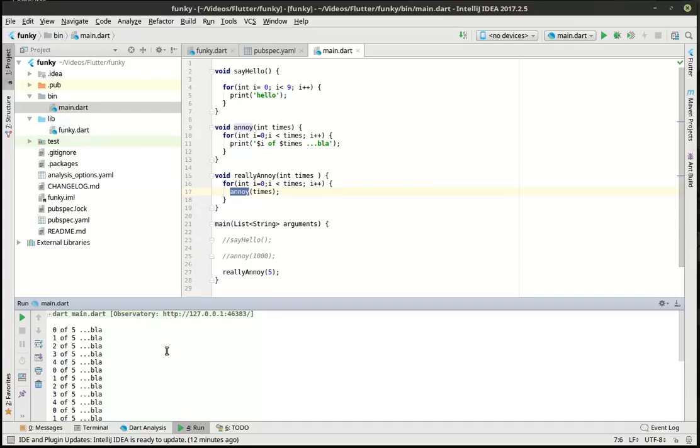You have to be kind of careful when you're writing functions, because, and some people are going to argue this isn't really the case, you have a bit of encapsulation. And what this does is gets a little confusing if you're not used to scope. For example, in really annoy, we have int times, and times is here and times is here. However, this times right here, while it's the same value, is probably not the same variable unless Dart's doing something under the hood,